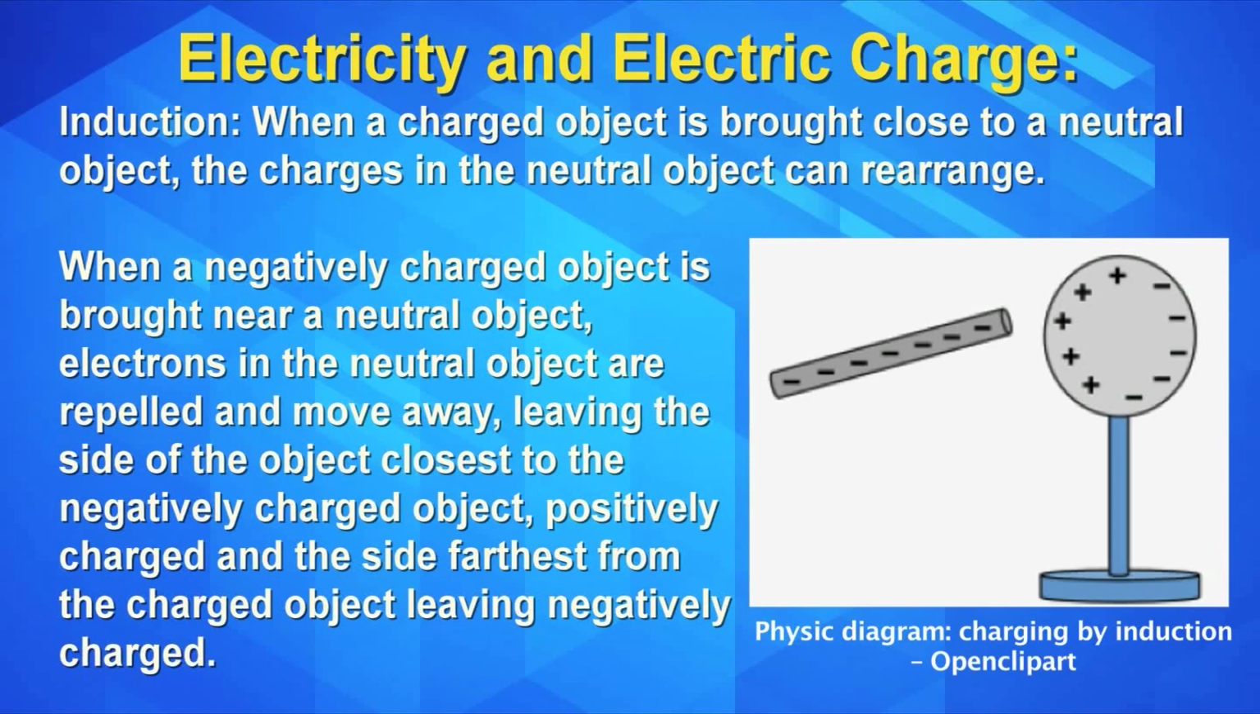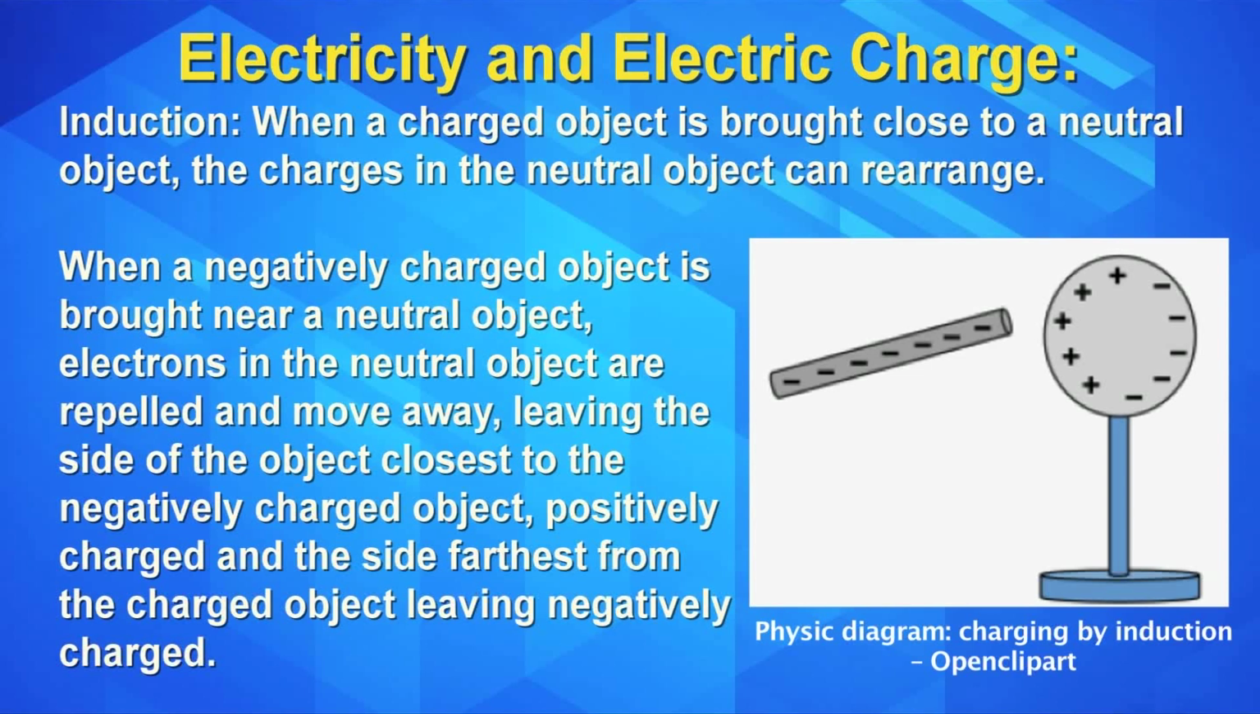Next way is the induction. Induction means the redistribution of charges in an object without direct contact. When a charged object is brought close to a neutral object, the charges in the neutral object can be rearranged. For example, if a negatively charged object is brought near a neutral object, electrons in the neutral object are repelled